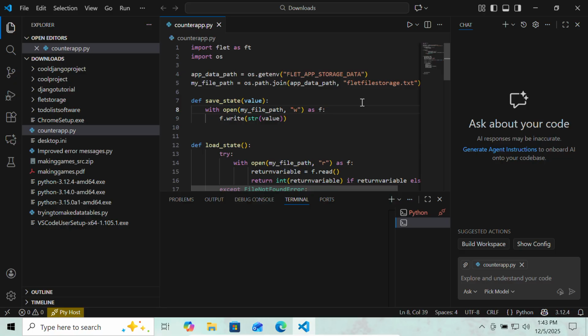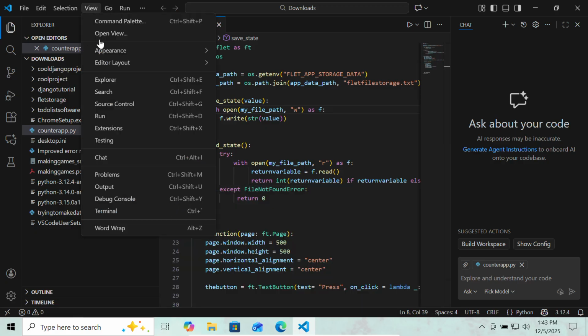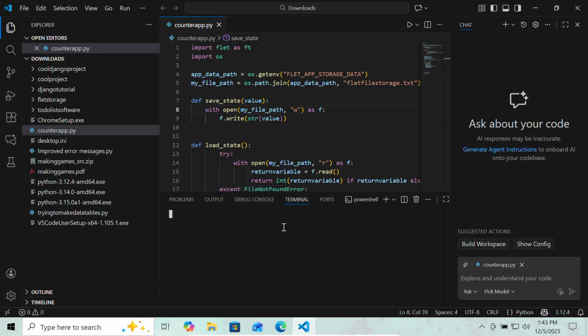It is taking some time to load. Not a problem. Come on, load already. This is so slow. There it is. View terminal. Alright, finally. So if I click play,